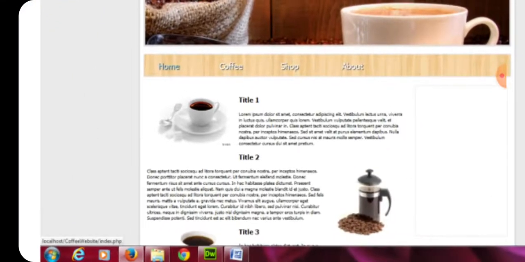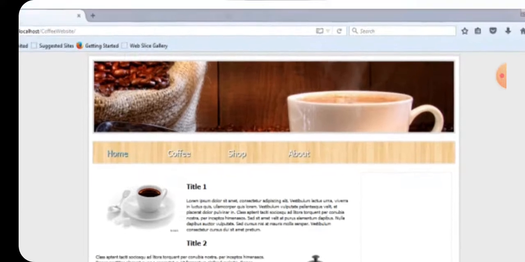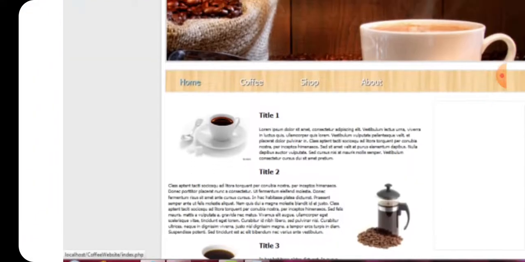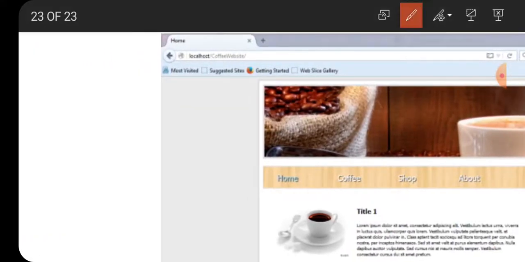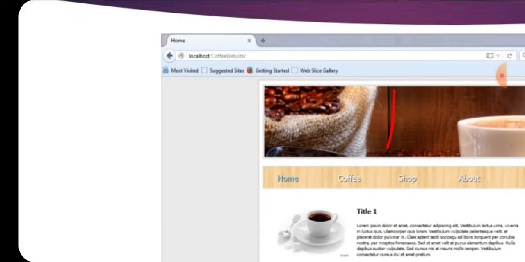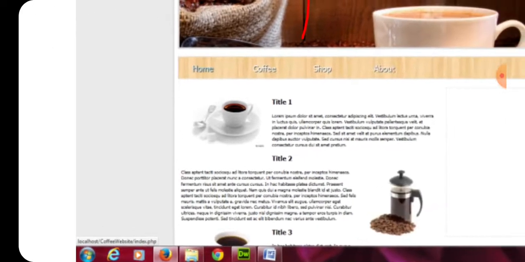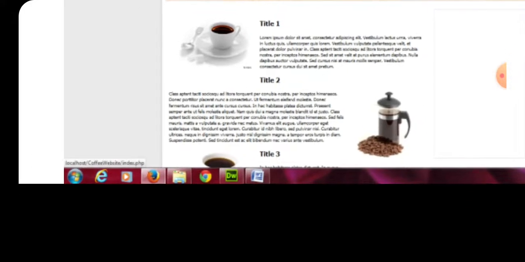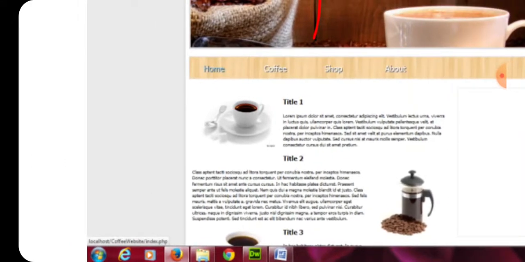This is the first page of our website. These are the images. This is the first image, and this is the second image, and this is the third image, and this is the fourth image.